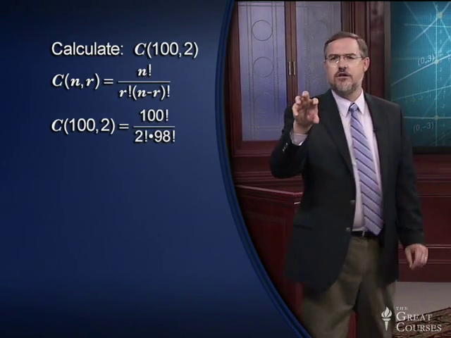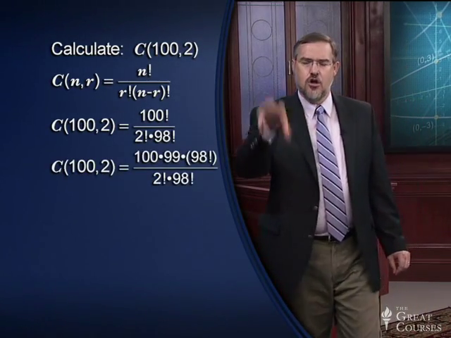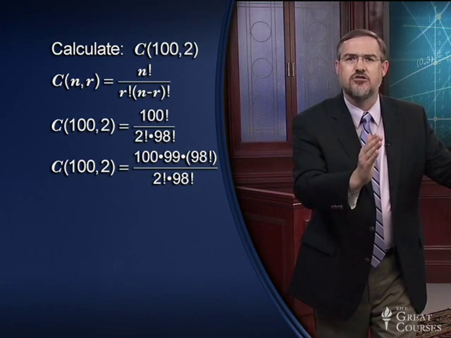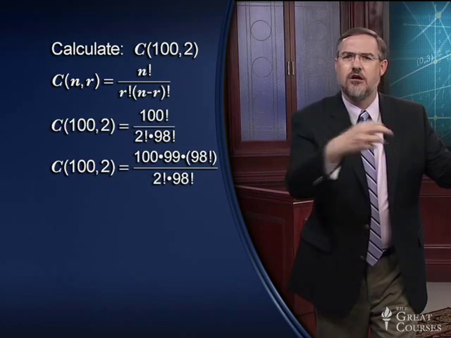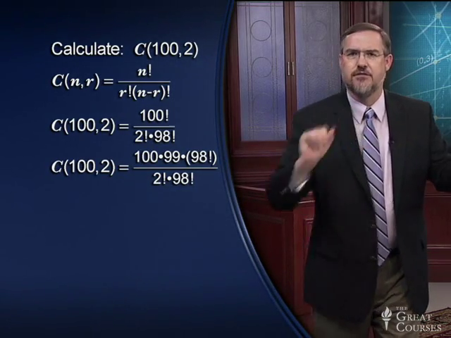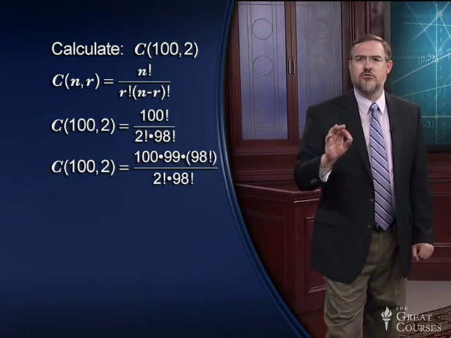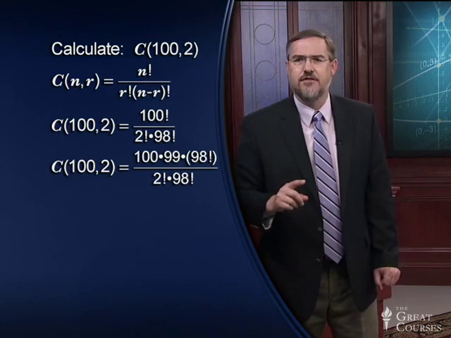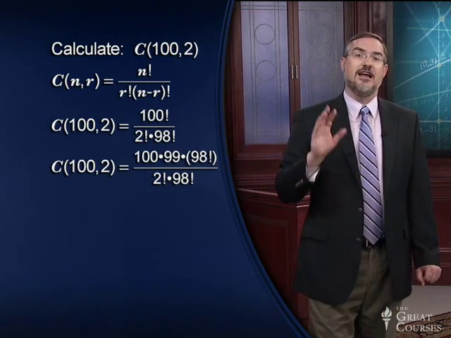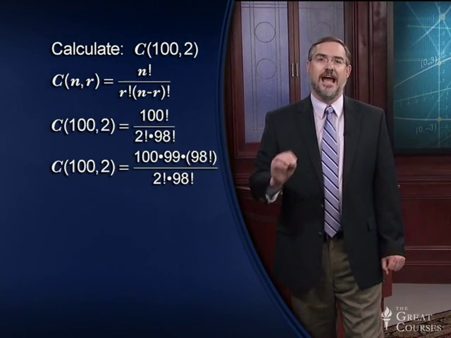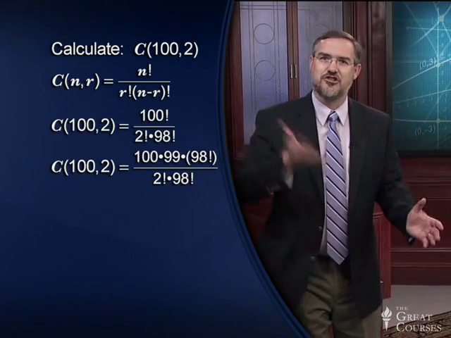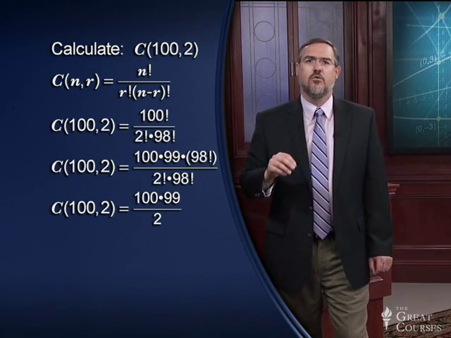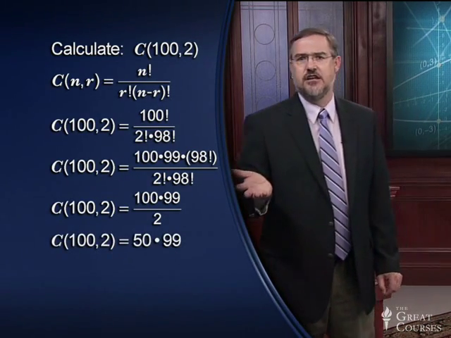So rewrite the 100 factorial in the numerator as 100 times 99 times 98 factorial. In some sense, I'm just peeling the 100 and the 99 right off and putting them in the front. And what you'll then have is 100 times 99 times 98 factorial divided by 98 factorial times 2 factorial. And now notice the 98 factorials will cancel. So you don't have to do all that writing. You can just cancel those two things off. And you'll have 100 times 99 divided by 2, which is the same as 50 times 99, which is